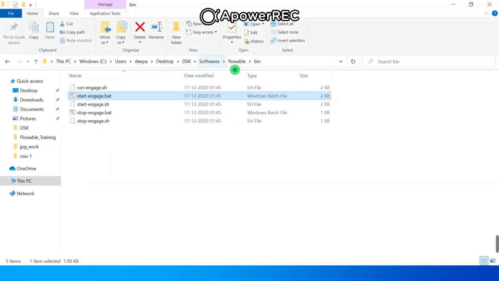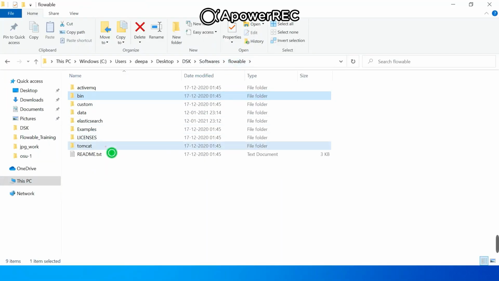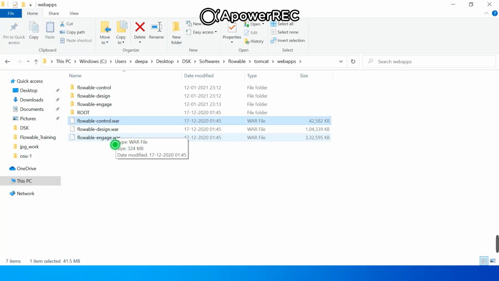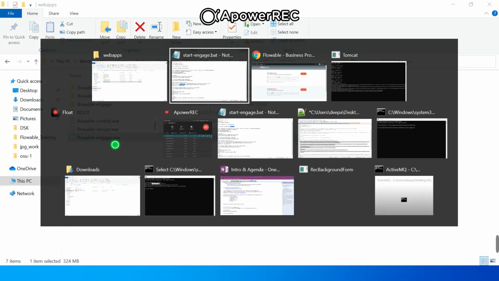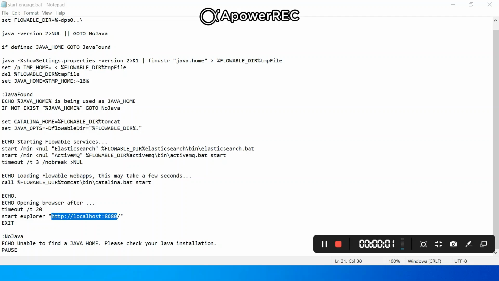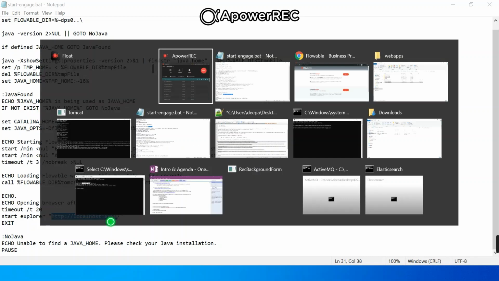If you go to the Tomcat folder within webapps, you will find these three WAR files: Flowable Control, Flowable Design and Flowable Engage, which will be started as individual components in the trial version. After that it will have this echo command, which opens the default home page, which is http://localhost:8080, in your default browser.